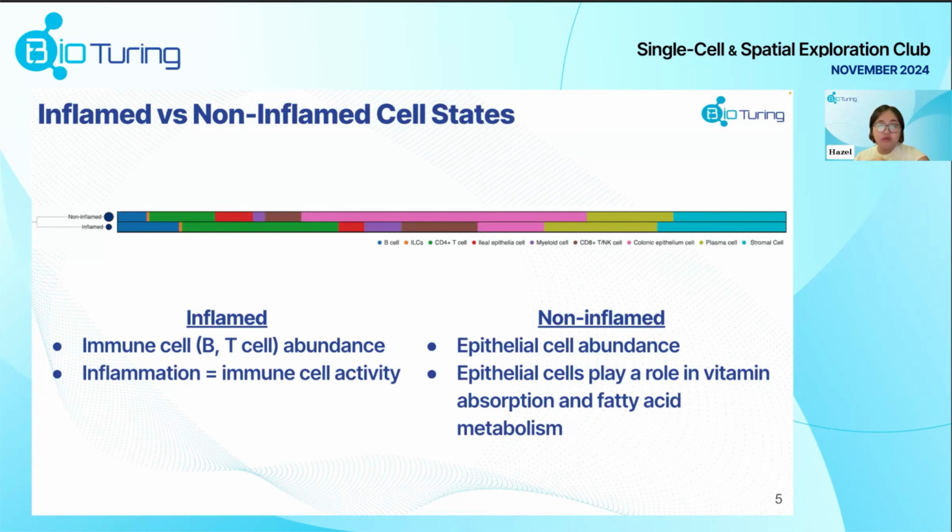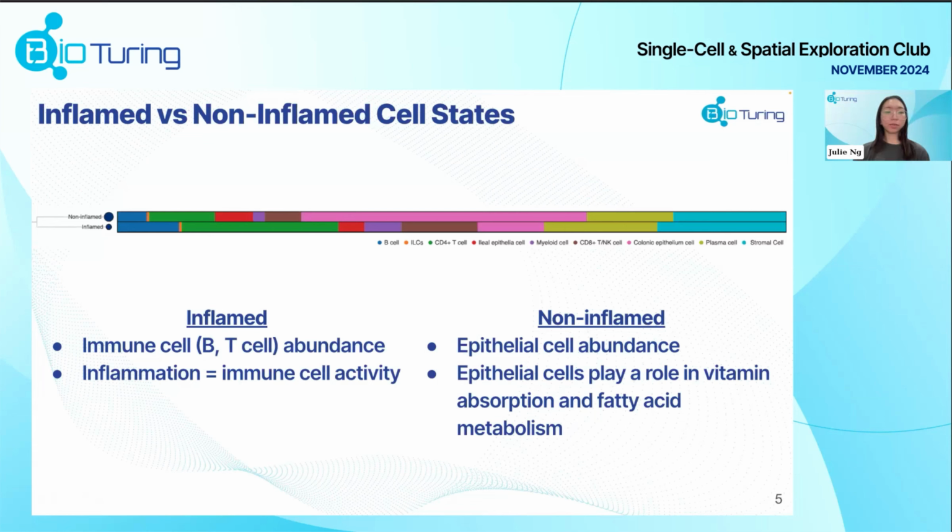When you compare the inflamed to non-inflamed, I can see from the composition chart right here that there's a significant shift in the cellular composition. In the inflamed, we have more immune cells. Inflamed, we got more epithelial cells. Yeah, that's right. Okay, yes, thank you. So from this finding, what leads you to